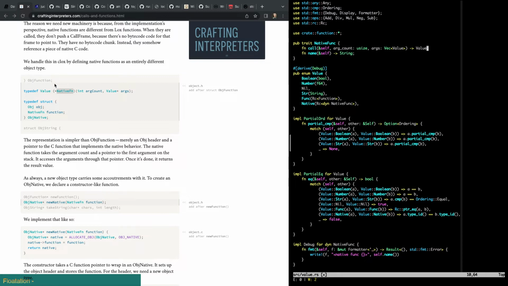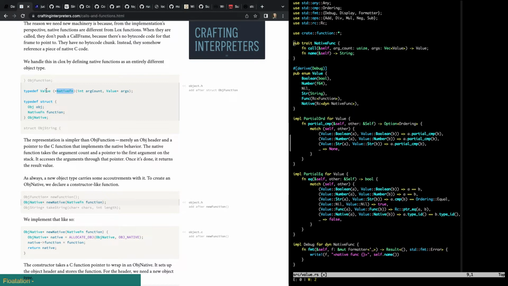So this is the way we can do it in Rust: we can make this. This is native fun, and I just have it inside native func, so I don't need to call it native fun. So there's the arguments right there, and it returns a value, which is right there. But in C, what this open paren, close paren is telling the compiler is to prioritize the star in front of the native fun.